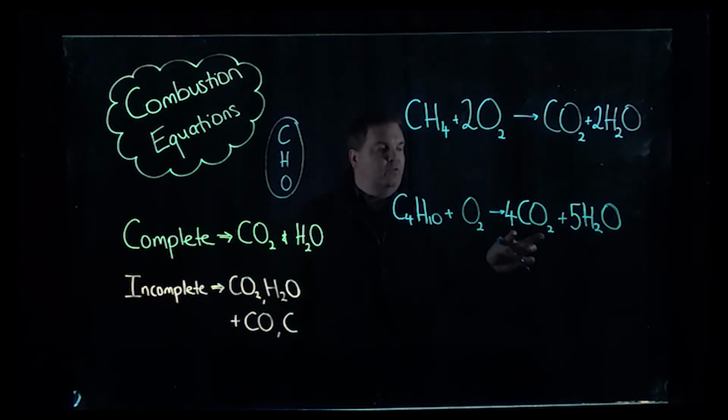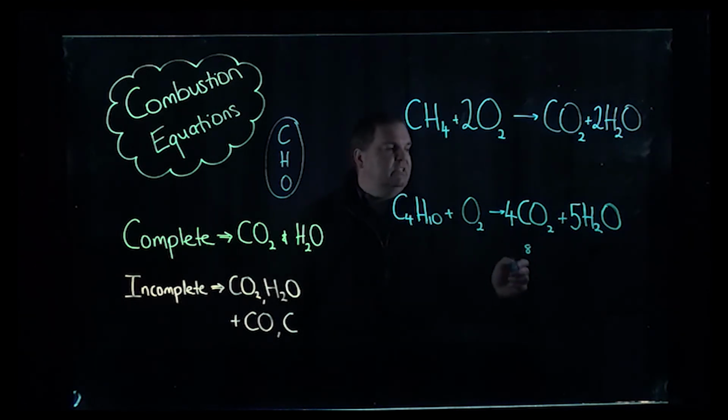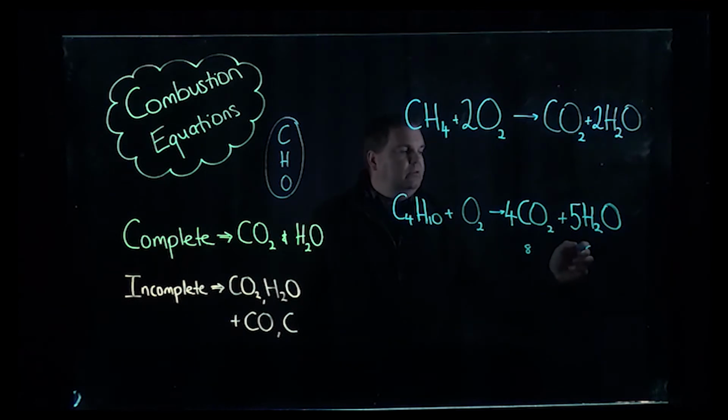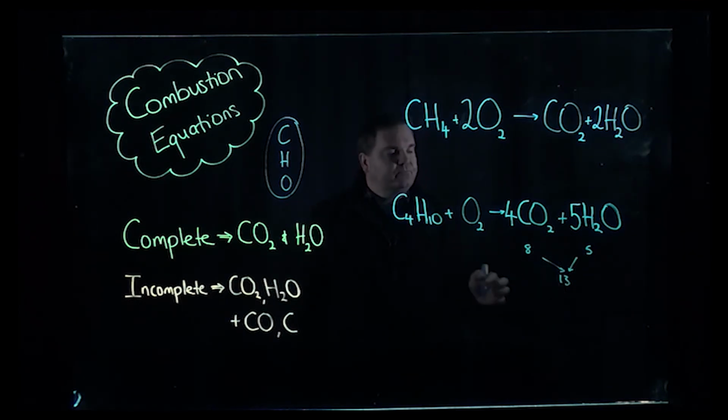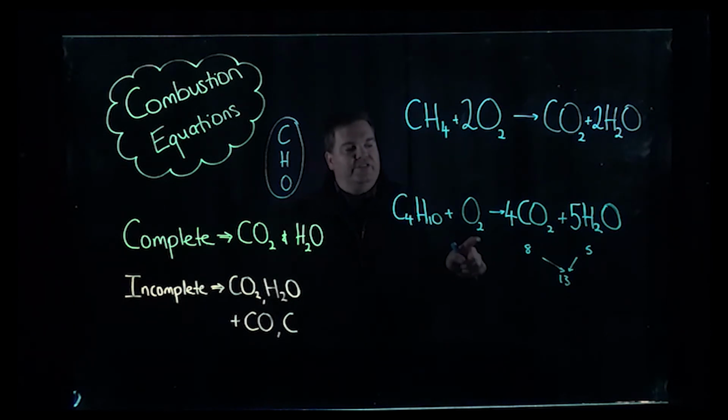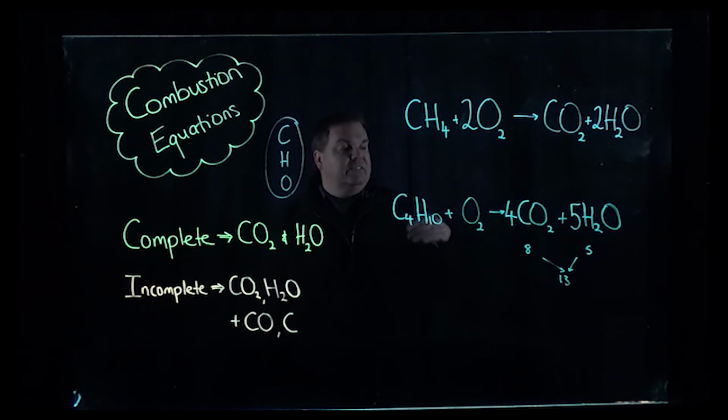Over this side we've got 4 times 2, so we've got 8 oxygens here, and we've got another 5 here, which all total gives us 13 oxygens. Now, 13 and 2 are not nice numbers to try and work together. So as I said, you can try and double everything, go around that way if you want, but there's a much simpler way to do this. We want 13 oxygens, so over here you just put a 13,